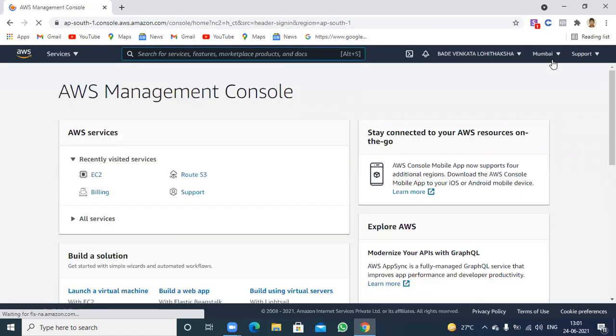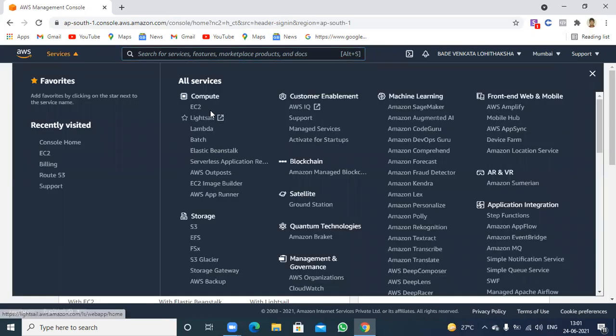Okay. Now I'm going to install CentOS 7. How am I going to install it? Either you can click on Services, or you can select EC2. You can find this EC2 in the Services option also. So let us see. Now I am going to select EC2, that means Elastic Compute 2.